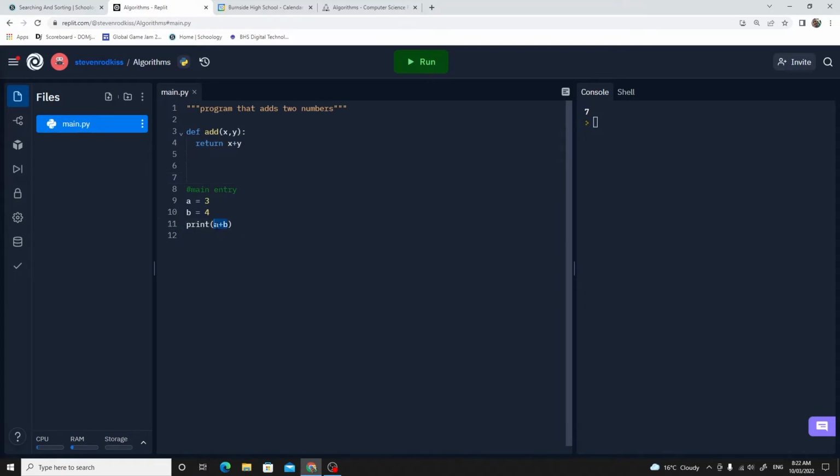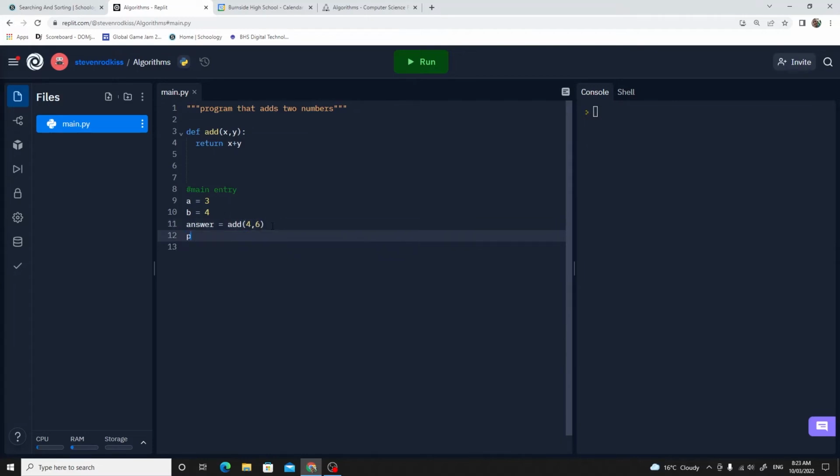Well, we return the value, so we still need to print the value. So to make things nice and clear, I'll say answer equals add a and b. Those of you that are maybe not familiar with functions might say, why are you using a and b and not x and y? Well, it doesn't matter what you put in here. You could actually put just a couple of numbers in here, and when you run it, you'll get the answer to 4 plus 6